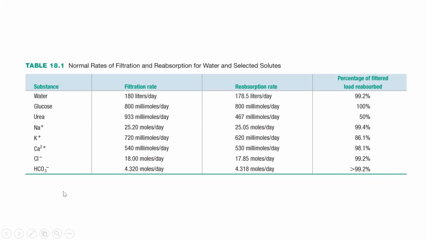And this is what I mean by the useful or nutritive substances that the body needs. If we were to lose all of the substances that were filtered, we would lose excess amounts of water, we would be dehydrated, we would lose way too much sodium, we would lose potassium, we would lose all of these vital electrolytes that the body needs, and we would definitely be in a state of shock. So most of these useful and nutritive and important substances are reclaimed back into the capillaries via the process of reabsorption.